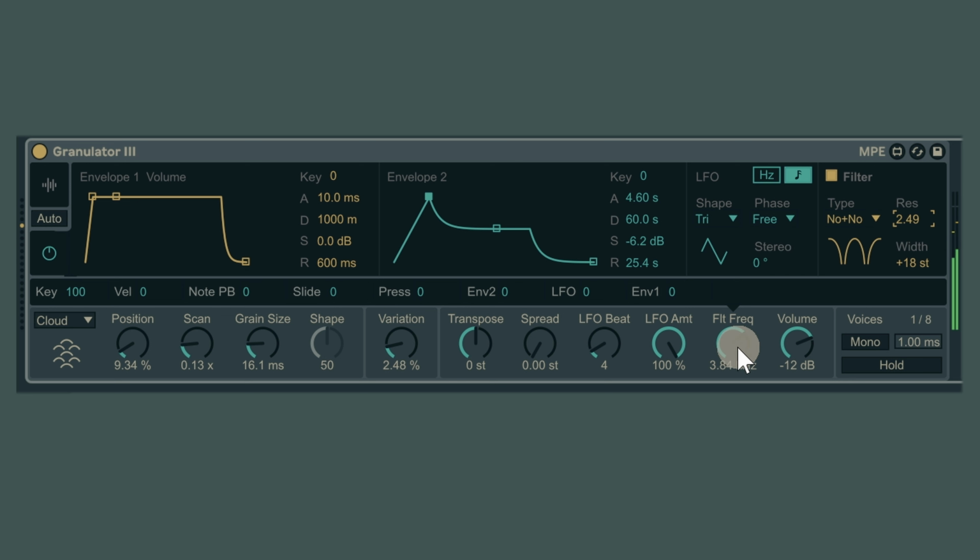And then even say filter frequency, and you see we can modulate it properly. A lot of variations. The volume, slide, press, envelope 2, envelope 1 also. That's really cool. Now we play just with the modulation itself.